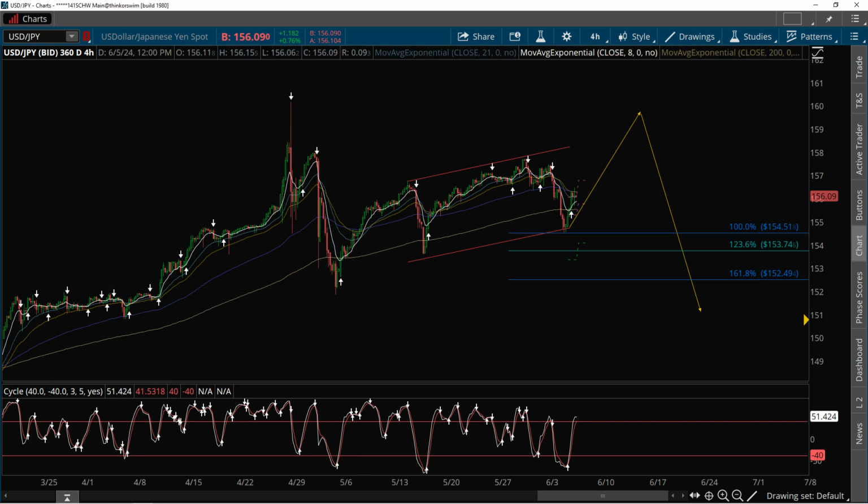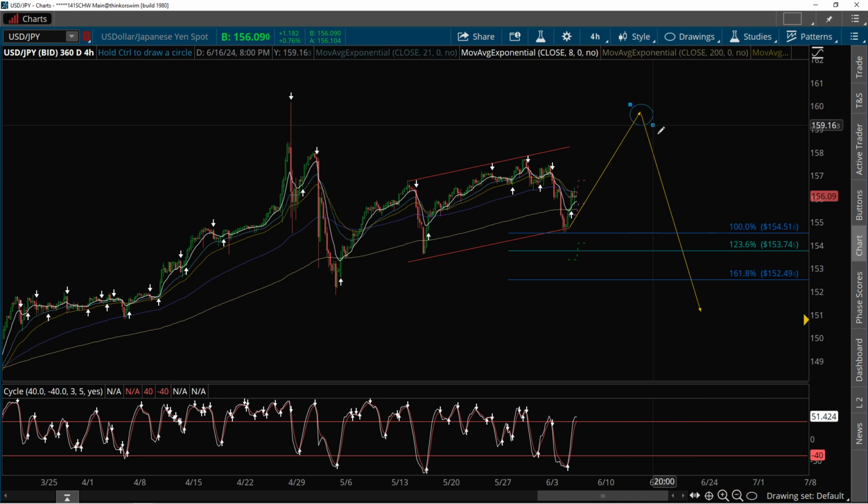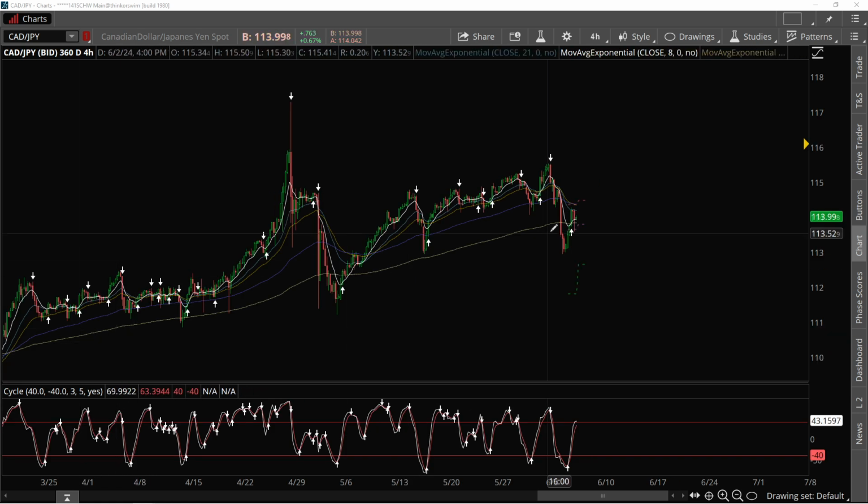We just haven't had a sell setup. We will have a sell setup if we can make a clear B wave up to here. We also have our quarterly R2 up here. And these other yen pairs, right? CAD yen's kind of the same thing. I really like CAD yen to the downside because you have the potential of completing a